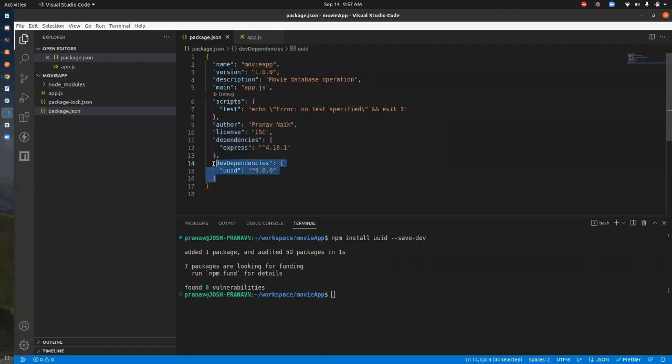So if you can see, we can use this UUID for development, but when we push our code to production, that will not consider this UUID. Correct. Once you are happy with the third-party library you are using, and you have done all the analysis and feasibility checks,